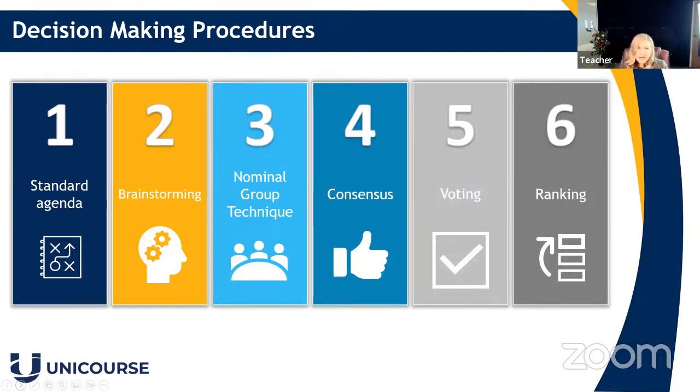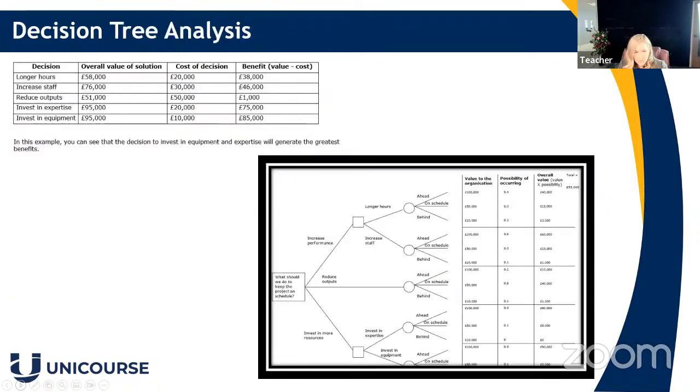So considering the procedures when looking at group decision making is really important, because it will allow you to have a good flow to the decision making process. I mentioned earlier about decision trees, and I thought I'd give an example of one here. You can see in this example that the decision is to invest in equipment and expertise that will generate the greatest benefits. And the table on the left hand side breaks down what has been found in the decision